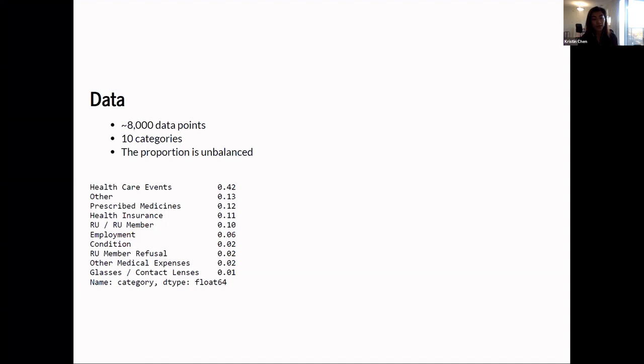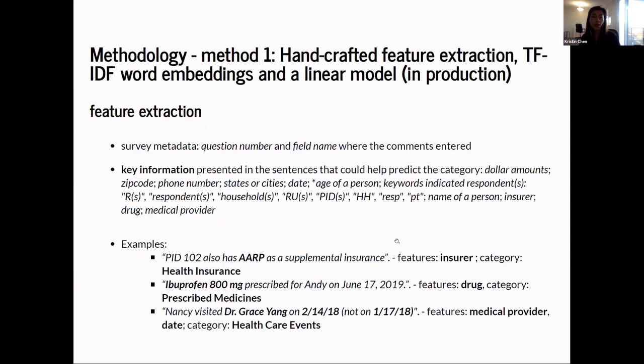The proportions of the data in each category are imbalanced. If you look at the table on the slide, we actually have about 6 classes that are equal to or less than 10% of the whole training data. It means that we have to take care of data imbalance in the model training. Next, please. The first method we have is to extract handcrafted features,